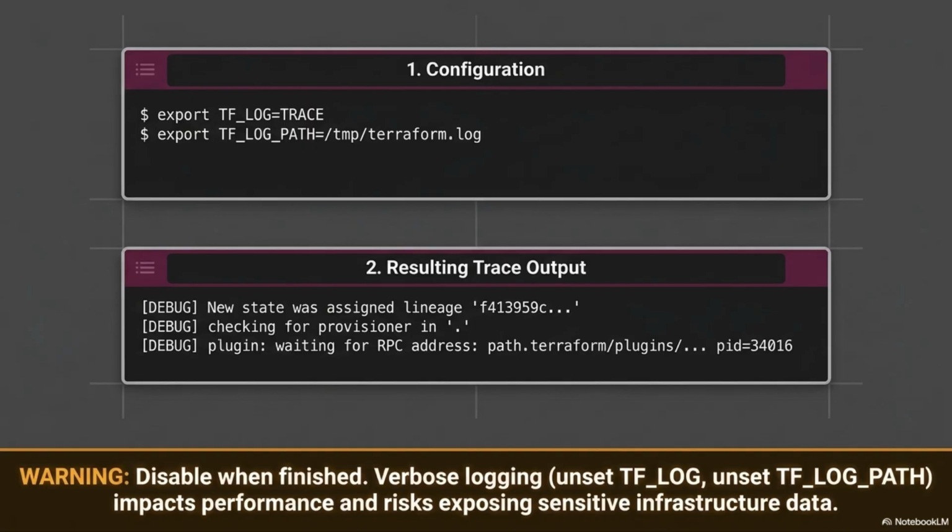Step 2 is reading the output. Open that log file and you'll see entries like these. Debug: new state was assigned lineage with a UUID hash. This shows you the exact moment a new state file is initialized and given its unique identifier. Debug: checking for provisioner in the current directory. This shows Terraform actively scanning for provisioner plugins. Debug: plugin: waiting for RPC address from a specific path with a process ID. This shows the communication handshake between Terraform and the provider plugin process. Every line is a window into the internal machinery, and somewhere in there is the answer to whatever your error